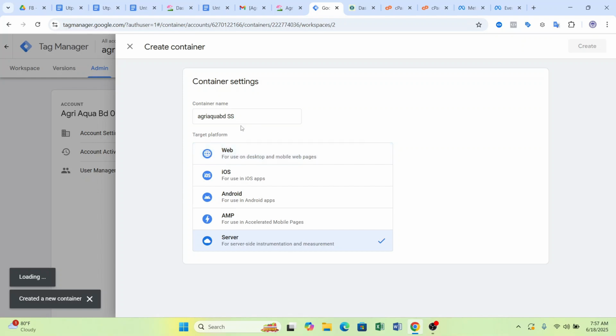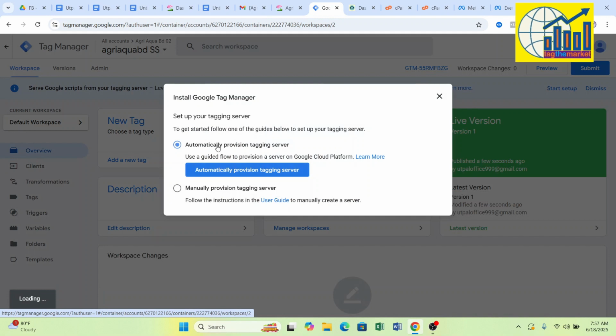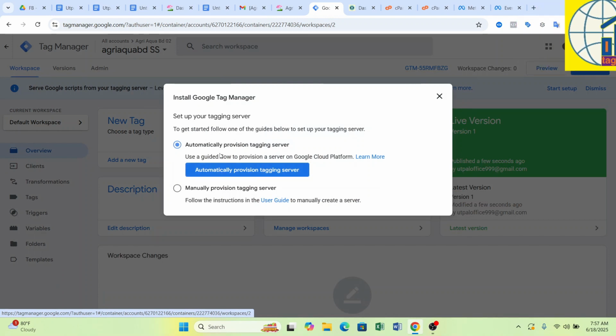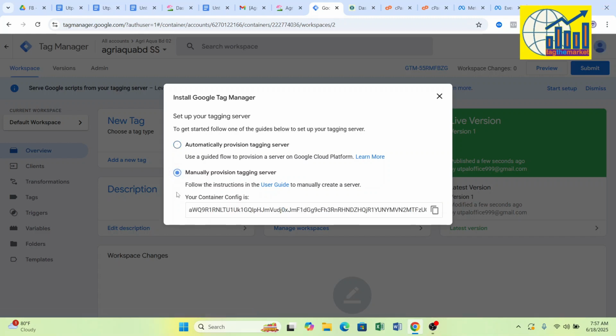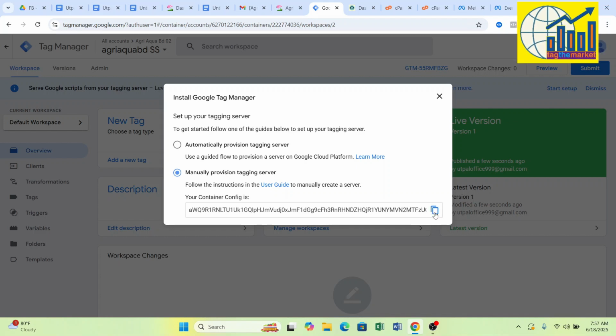Wait a bit. Yes, so this is for Google Cloud Platform, not for other platforms. This is the automatic system, and for Taggrs you have to select this manual provisioning of the tagging server, and this is the config